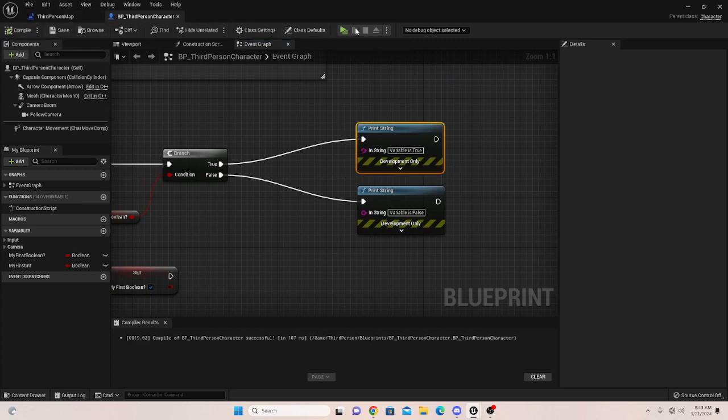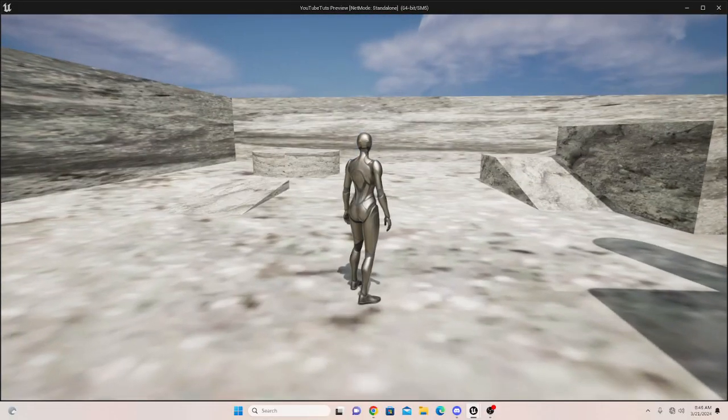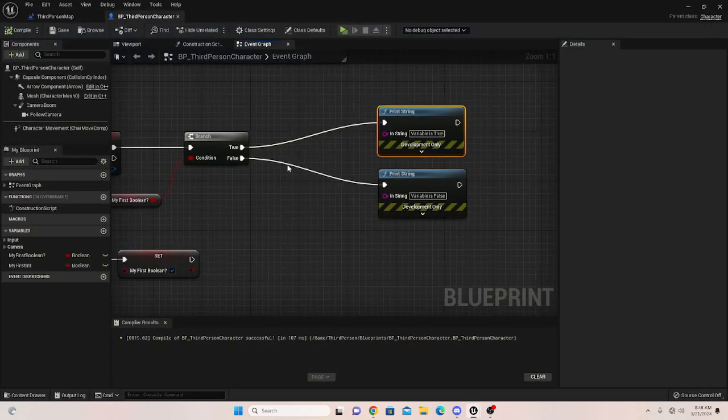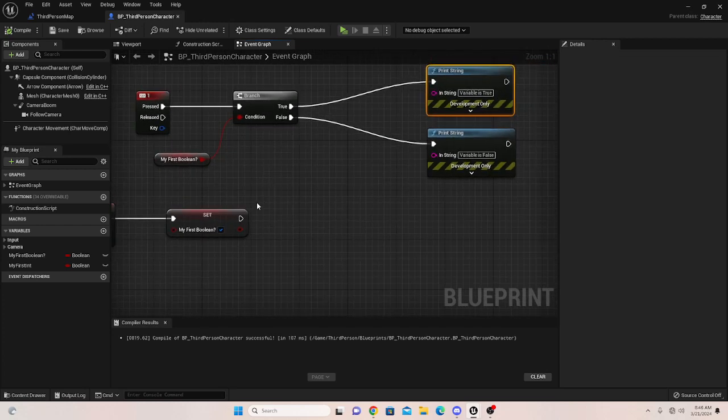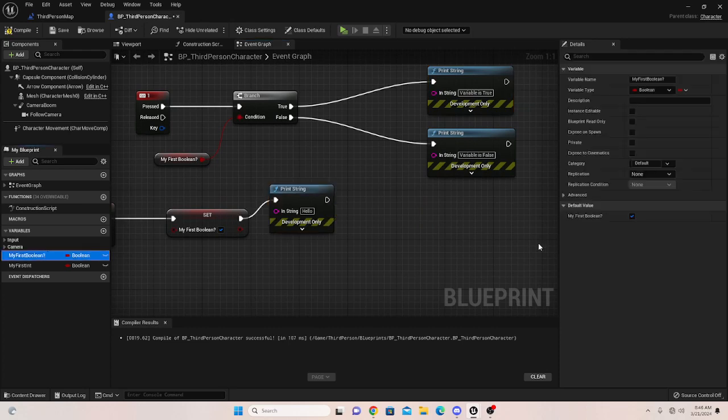Compile and save. So let's test this out. If you do 2, it should set it to true. So now if we do 1, it's going to say variable is true. Okay? Hope that makes sense. And to see this more in action, we can print a string so we know it's working. So we can do print string. And we also got to set this to false by default. Okay. So we can do print string